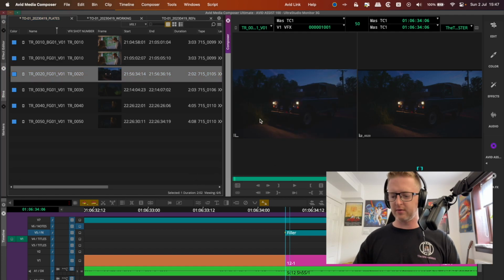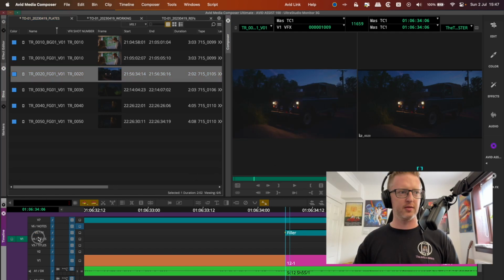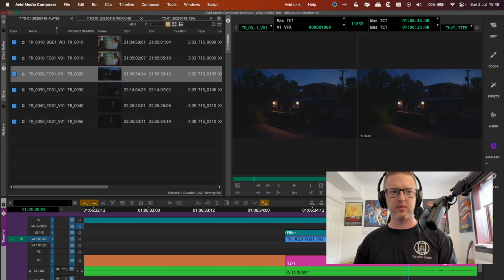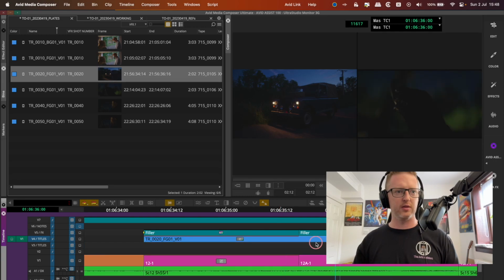And I'll do the same thing. +8. Cut in on the track below. Do a visual check that it's the same. And it is. Then roll it back